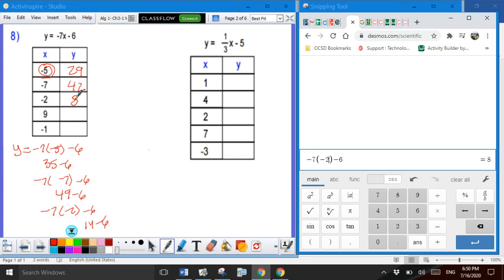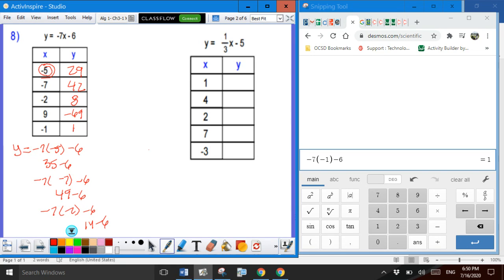If I'm doing something like this, I can literally just move over using my left and right arrows and delete my -2 and make that a 9, and it gives me the answer -69. And then I can move over again and make that a -1, and it tells me the answer is 1. So the Desmos Scientific Calculator is definitely helpful when doing substitution. Definitely make use of that to help you evaluate